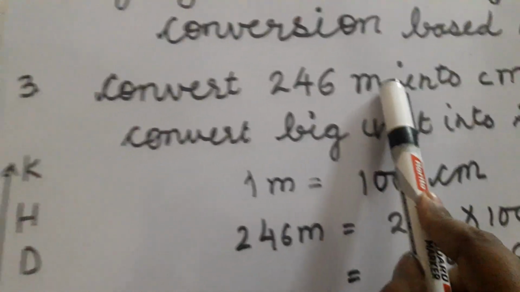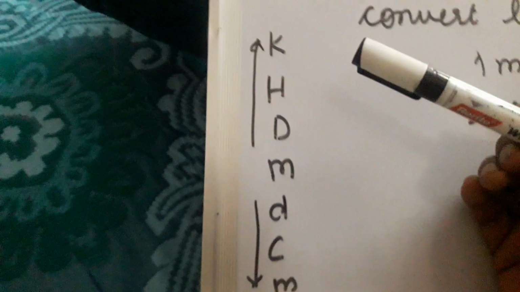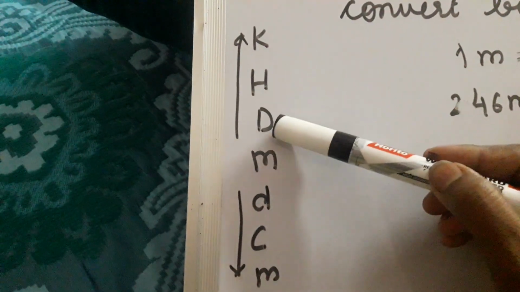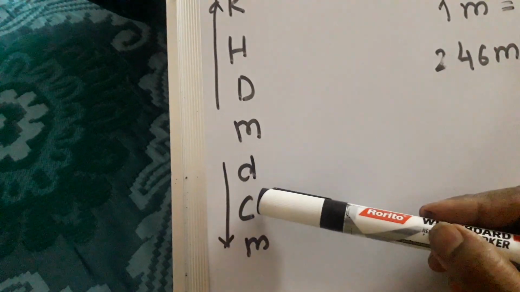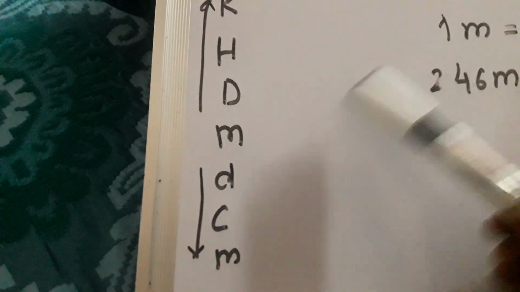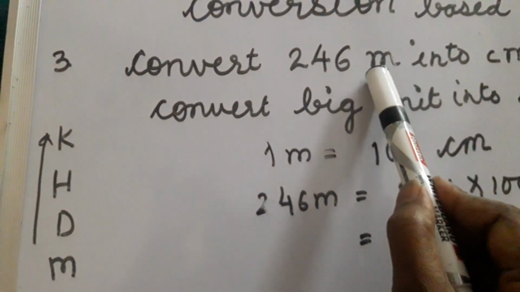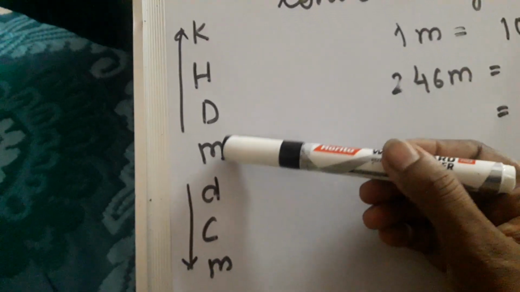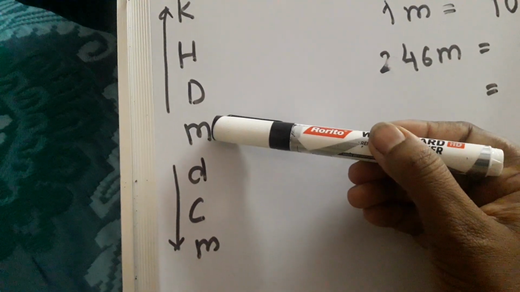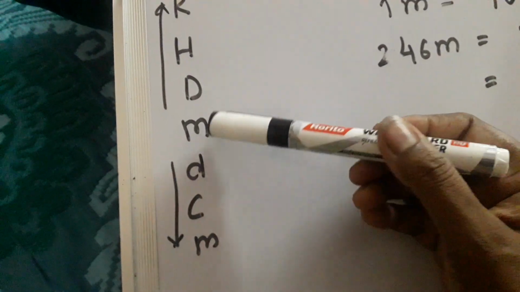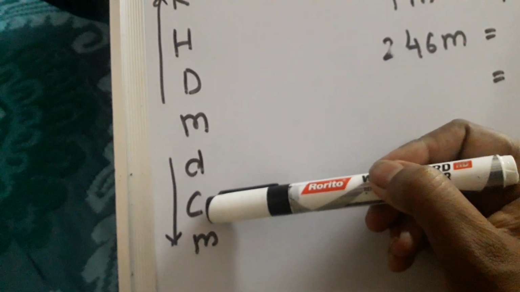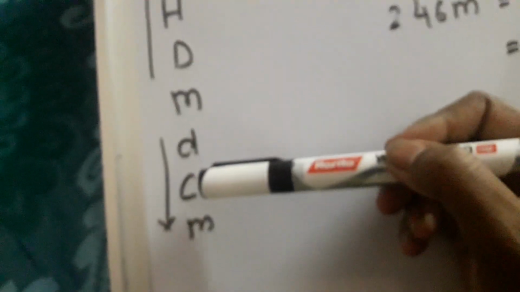So before this, again we will write our favorite sentence. Khansama has deserted me during cold months. Kilometer, hectometer, decameter, meter, decimeter, centimeter, millimeter. So meter is given. We have to convert it into centimeter. Where is meter? Here, written this side. And centimeter is written below. Upper side, and this is lower side. Upper unit into lower unit.